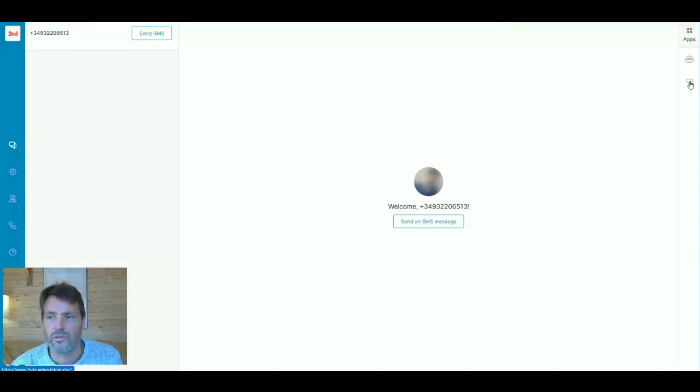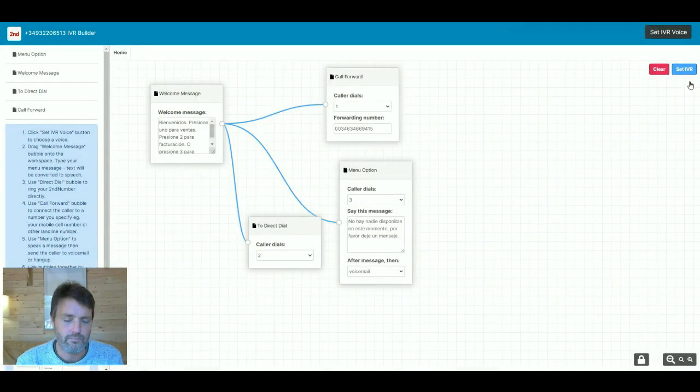The purpose of this tutorial is to show you the menu system. So let's say you're an entrepreneur, you want to set up a business overseas, and in this case in Spain, we've got our Spanish number up here. This is our Spanish second number that I've just purchased in the top left hand corner, if you can see that. And when people call my Spanish number, I want to play a Spanish message to them that says something like,